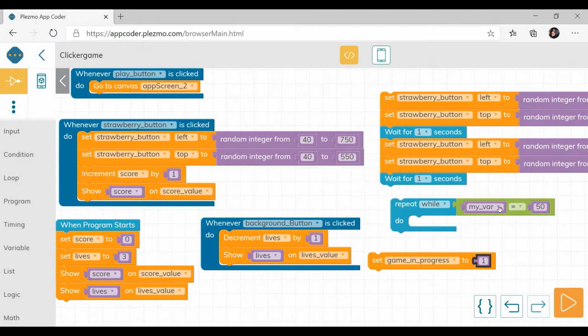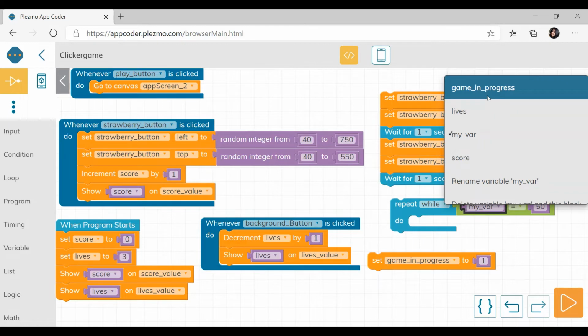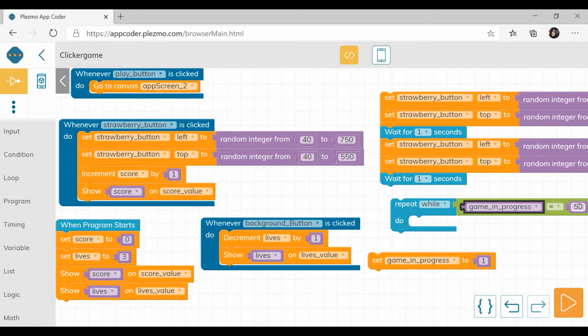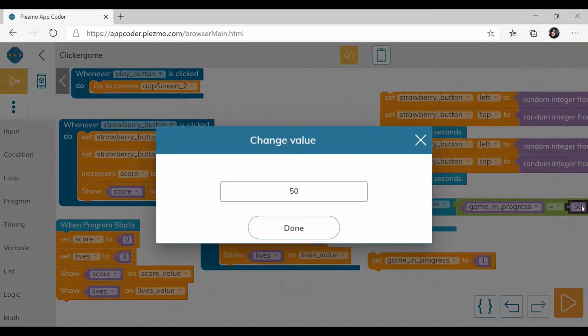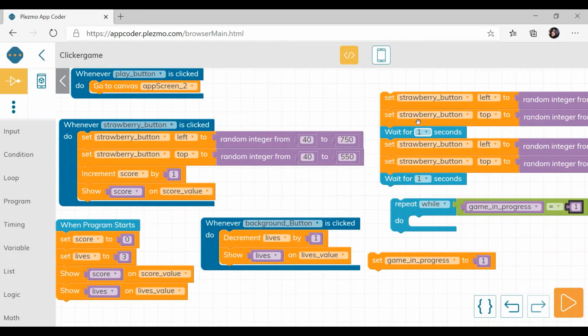So we will put this instruction, this set game in progress to 1. Okay. So here instead of my variable, we will choose the game in progress variable and equals to, it will be 1. Okay, done.